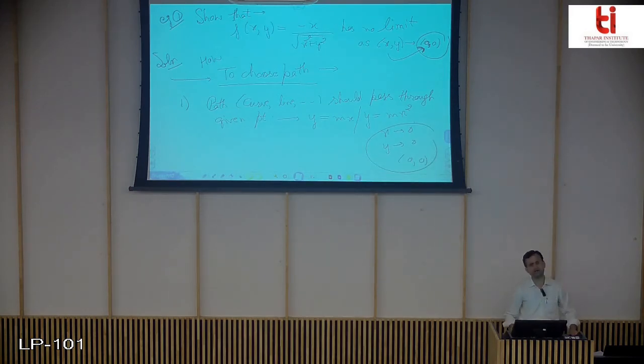Any other paths, any type of path that crosses through 0, 0 will come under this category. Okay, it should cross through 0, 0. Secondly, the more important thing, now it will refine your path more precisely. How? It should be